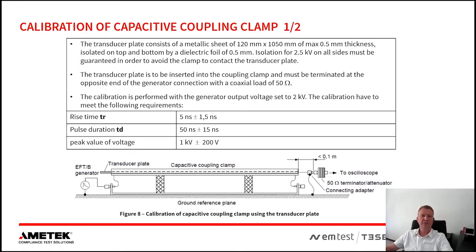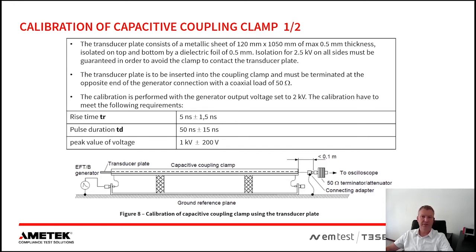For the calibration, we have to set the burst generator to 2 kV. The tolerances then are, for the rise time, 5 nanoseconds plus minus 1.5 nanosecond, duration 15 nanosecond plus minus 15 nanosecond, and the amplitude 1 kilovolt plus minus 200 volt. One more hint. With edition 3, we also got the specification, that means with a tolerance, for the so-called lower